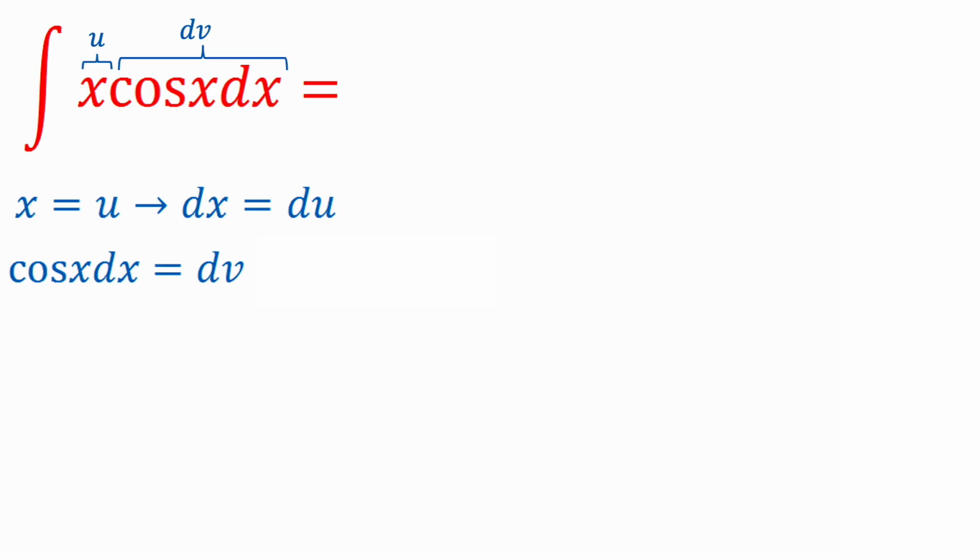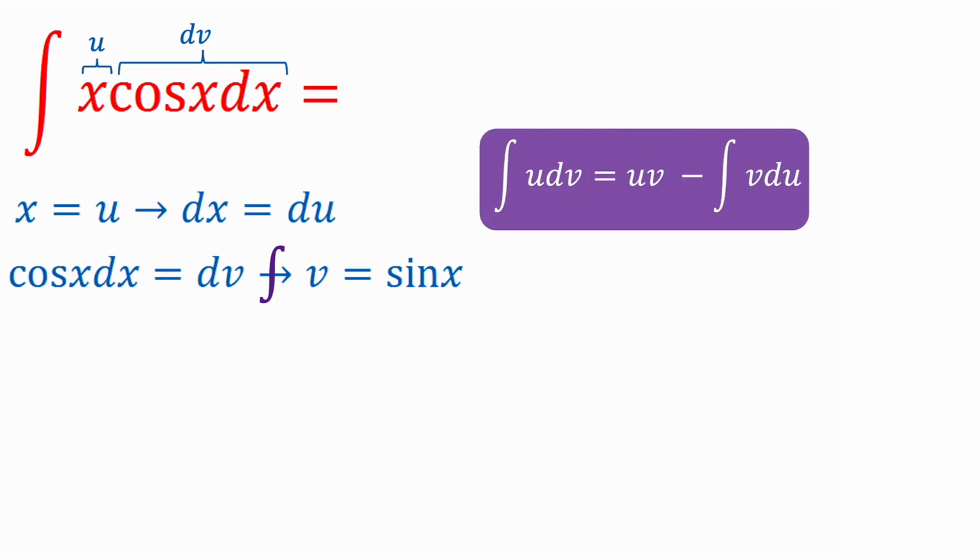What is the integral of cosine x? The integral of cosine x dx becomes sine x. Therefore, sine x is v. So x is u, dx is du, cosine x dx is dv, v is sine x. Now I am going to substitute into the formula the integral of x cosine x dx. Now, according to the rule, this becomes u times v, that's x multiplied by sine x,